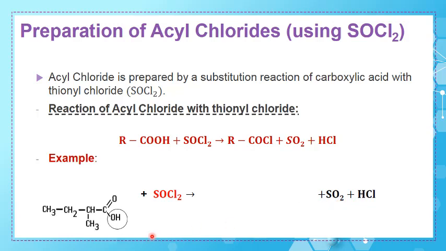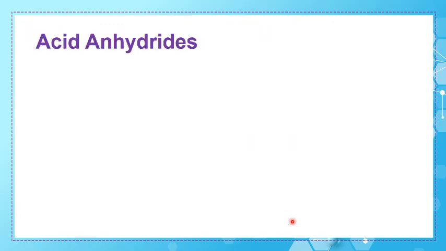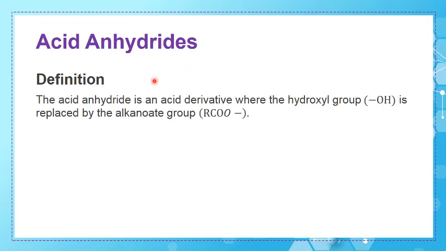OH in this carboxylic acid, as you can see here, is replaced by a chlorine atom. Now let's move to another family of acid derivatives. They are called acid anhydrides. What are acid anhydrides? Acid anhydride is an acid derivative where the hydroxyl group of the carboxylic acid, OH, is